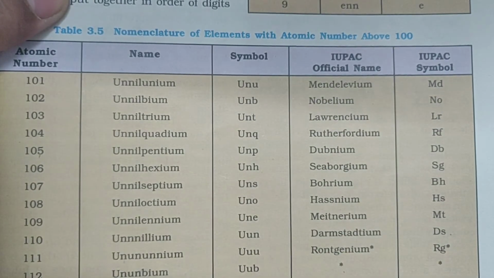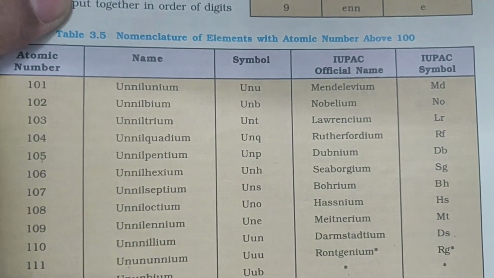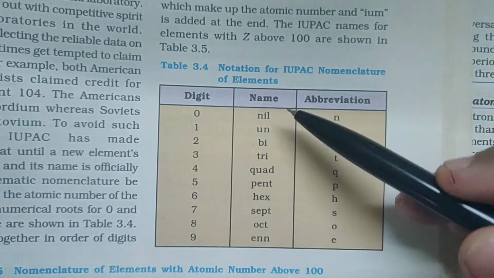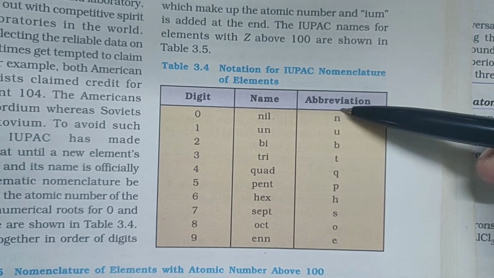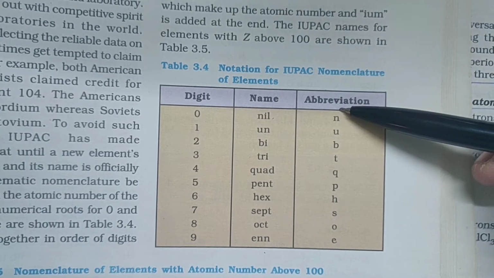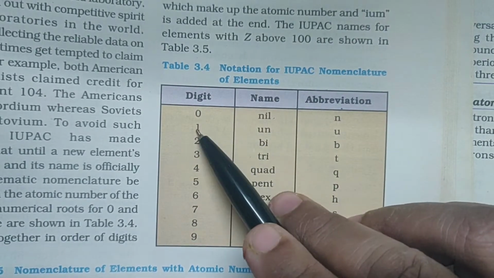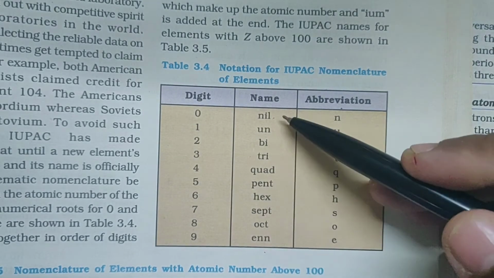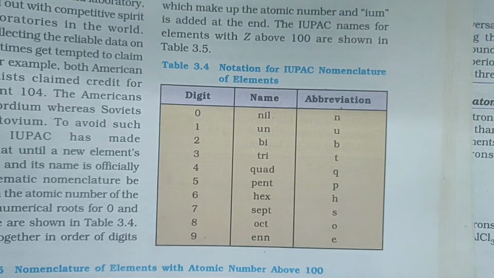100. Okay. So these are the atomic numbers and how do you name them? Now the basic principle here is that for different digits you have been given the name and the corresponding abbreviation, and these three things have to be used when you want to name the elements which are having atomic number greater than 100. So if it is 0, that is nil. 1 means it is un. 2 means bi. So you have these set of names for the different digits, and